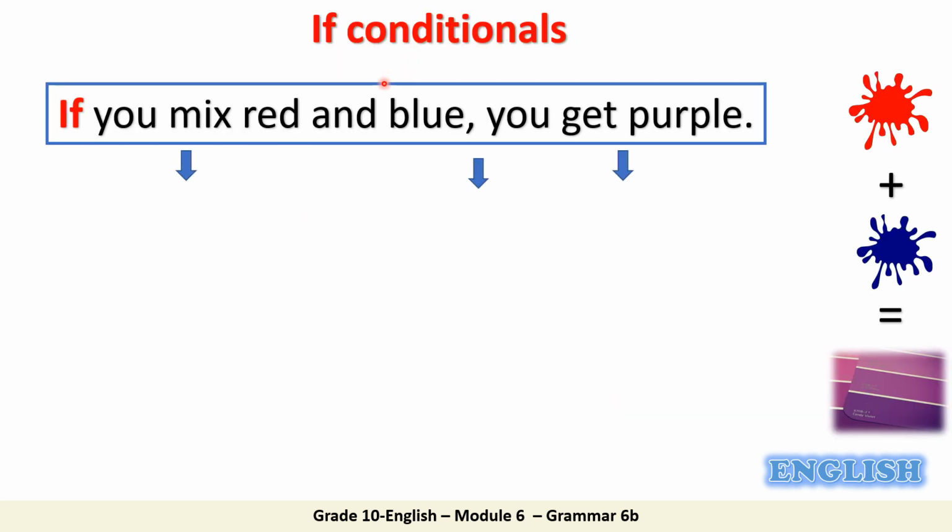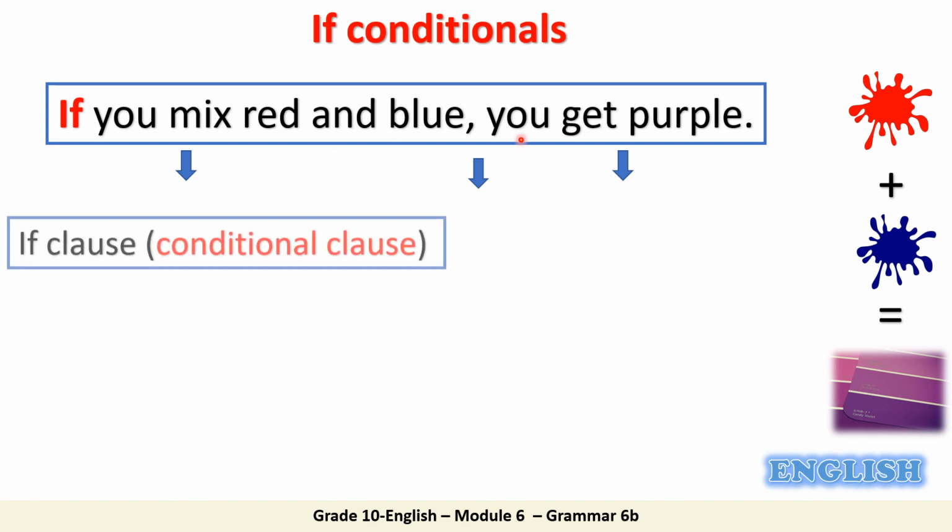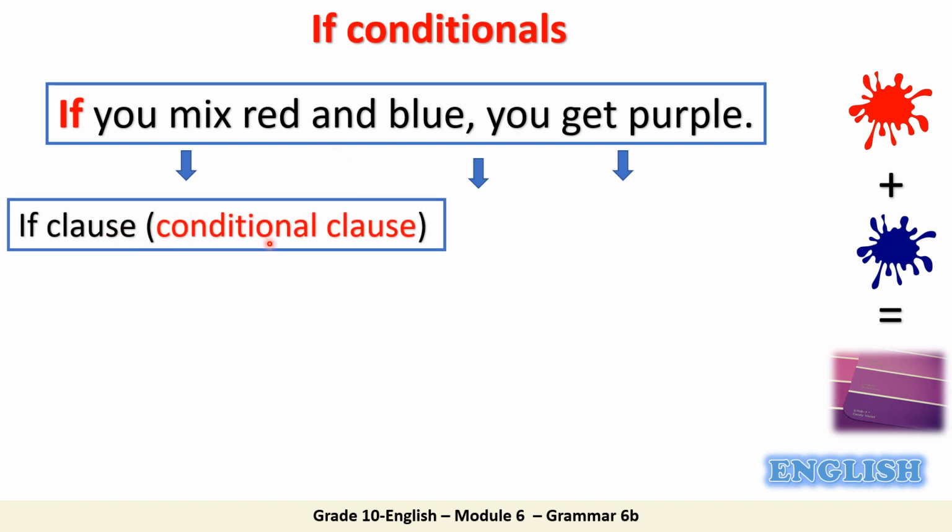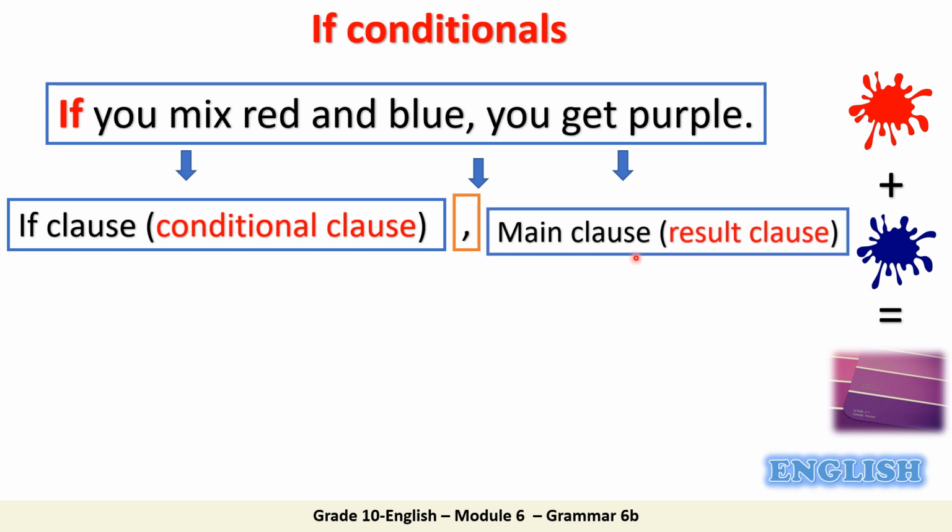Now let's read the following example. If you mix red and blue, you get purple. What do you notice about this sentence? How many clauses do we have here? Can you answer? That's correct. We have two clauses. The first clause is called the if clause or the conditional clause. The second one is you get purple, and it's called the main clause or the result clause, and we separate them